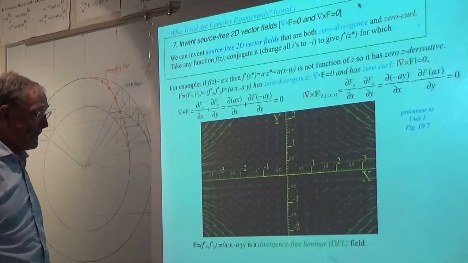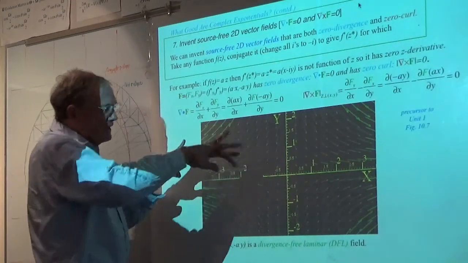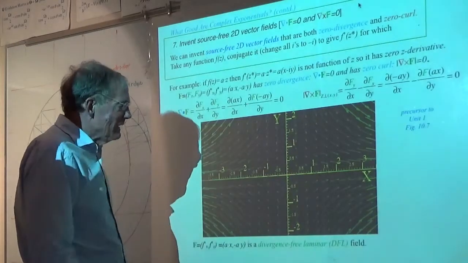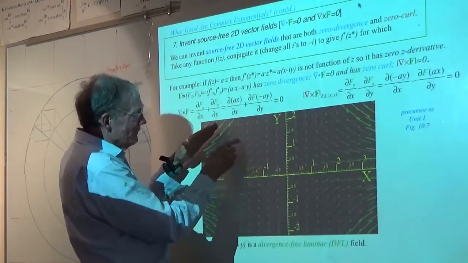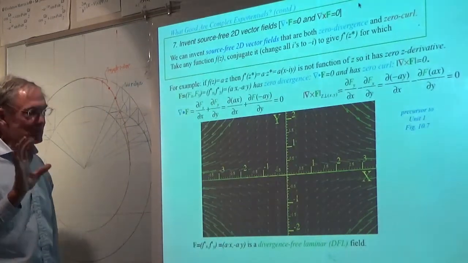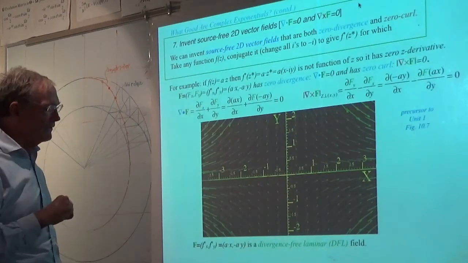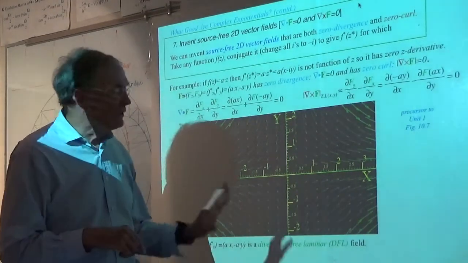Okay? Now you say, hey, those kind of look like they're diverging, and maybe even they're curling. It seems to me that you've got more shear on this side than you do on this side. We're going to show that physically that's definitely not the case. But anyway, that's a typical field.